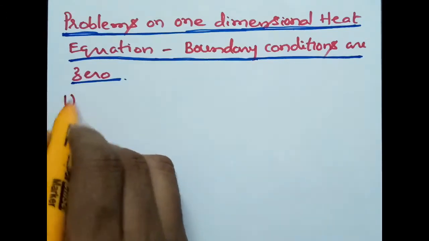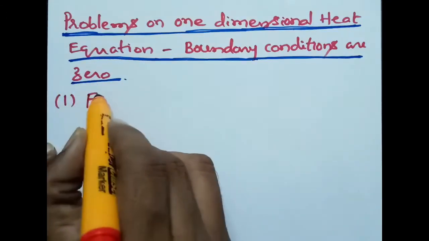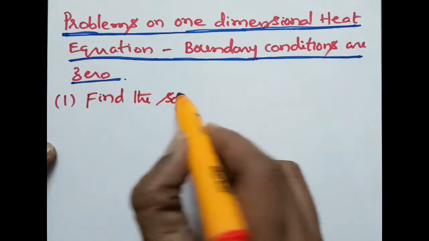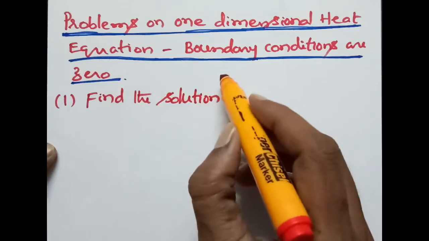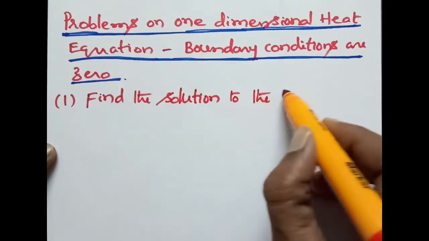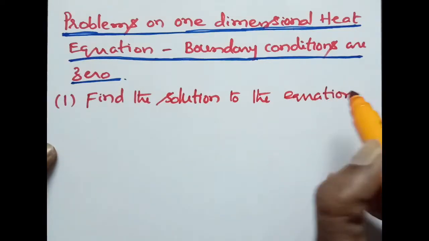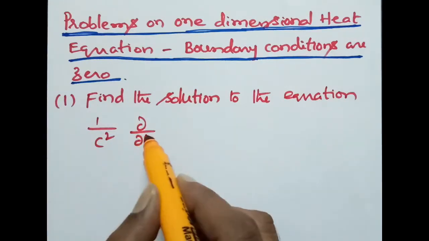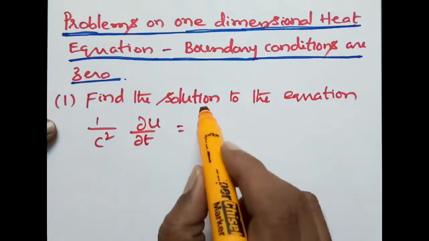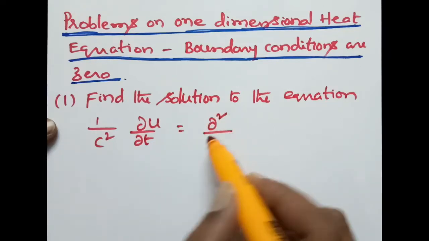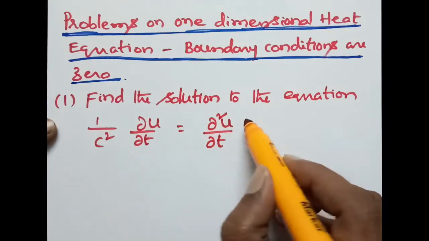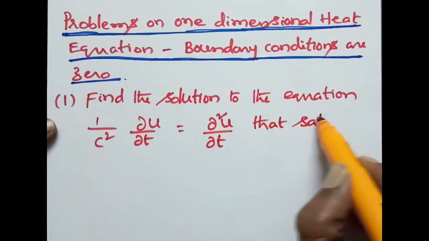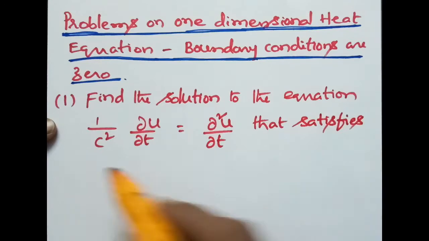Problem number 1. Find the solution to the equation 1 by c square into dou by dou t of u is equal to dou square by dou t of u that satisfies the conditions